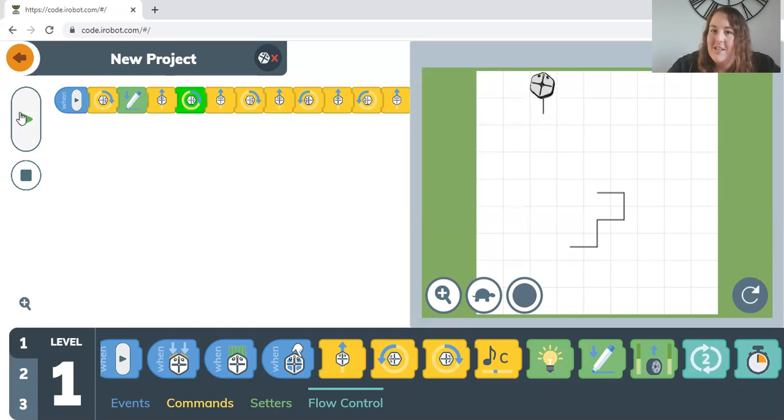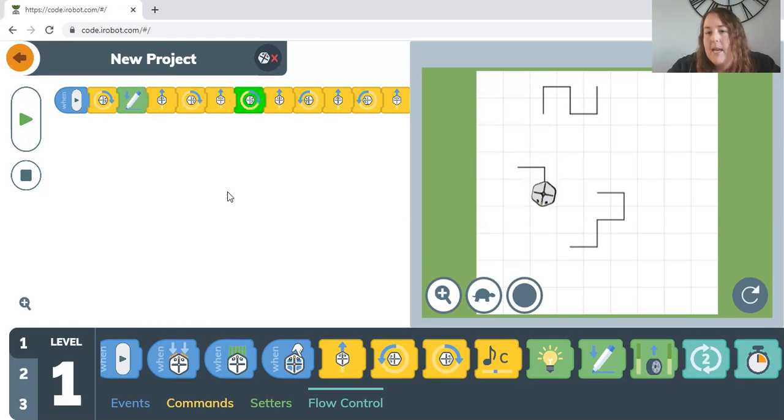Oh no, what did I do wrong that time? The initial program wasn't there. So even though it might do a lovely 2 right now, it's actually the wrong way around because I didn't set up those initial commands. So you have to make sure that your iRobot is facing the right way first of all. So now it's facing in that upward position where I started. Finally, I can do it once more